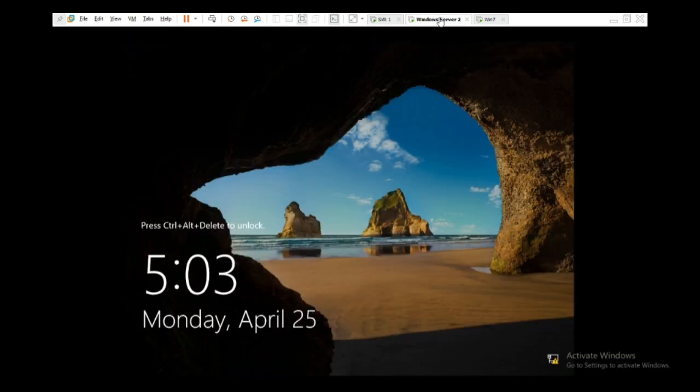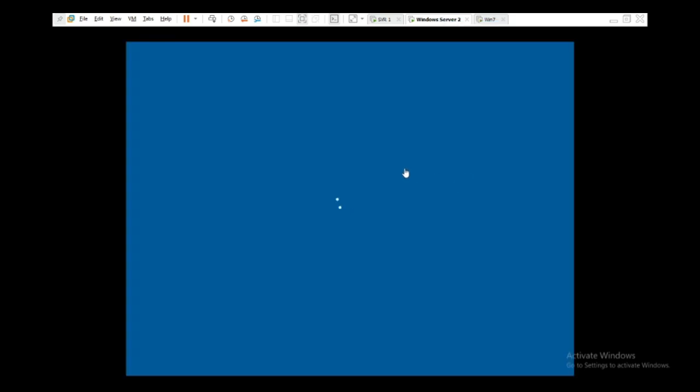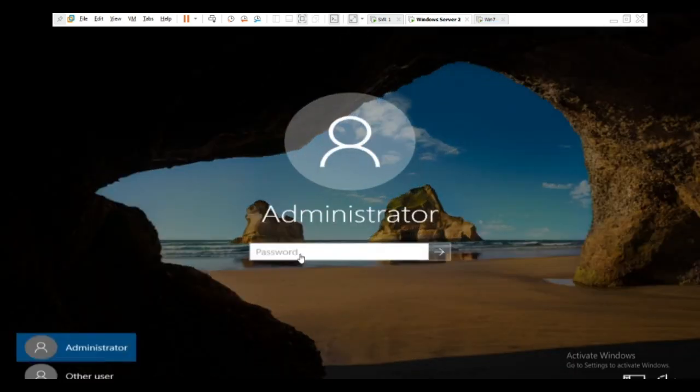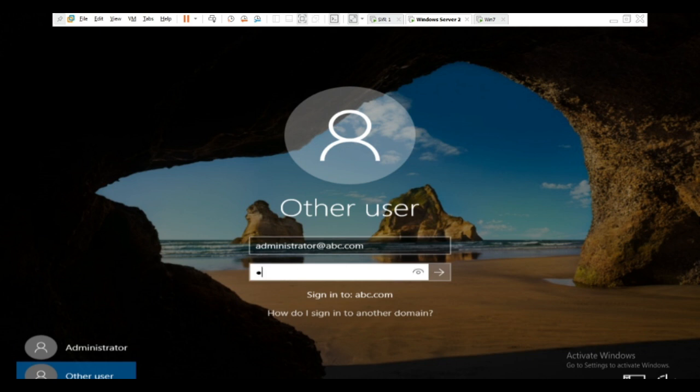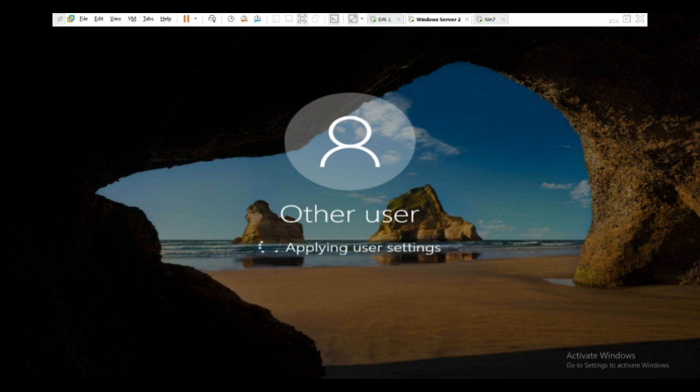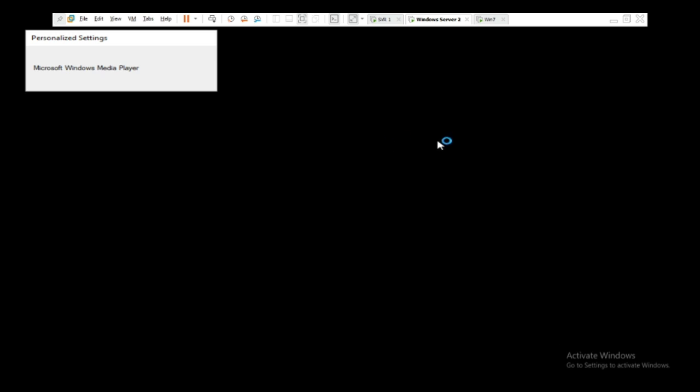So let's move on to the second server again, which we have added to the domain, right? So let me log in with administrator at abc.com, and of course the password. So now we will add the remote services to create a VPN on the second server. By the time this second server is creating a profile, we'll just move on